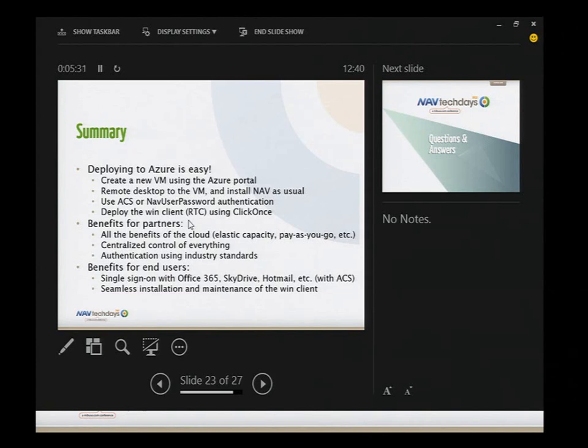And end users will have some benefits too. As Stefan demoed, when you save your cookies on your machine, they will have easy sign-on without getting prompted to all the systems like SkyDrive, Office 365, and so on. And the installation and maintenance of the Win client is for free.